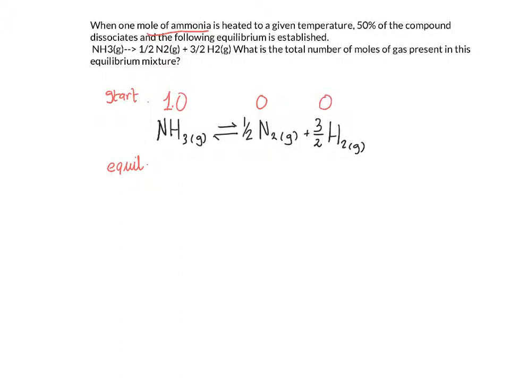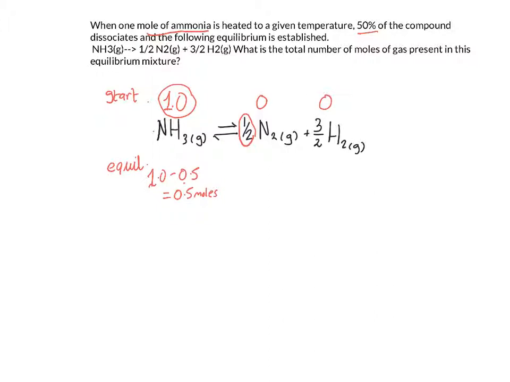Well, it tells us that 50% of the compound dissociates, so 50% of 1 mole is 0.5. So at equilibrium, we're left with 1 take away 0.5, which is 0.5 moles. And we simply look at the mole ratio. So, since the number of moles of nitrogen to ammonia is 1 to 1/2, therefore if we have a loss,